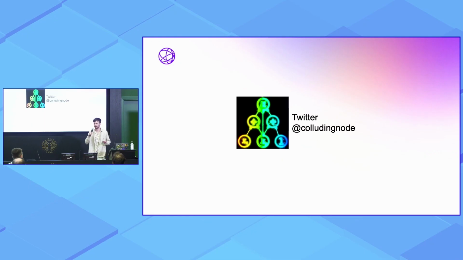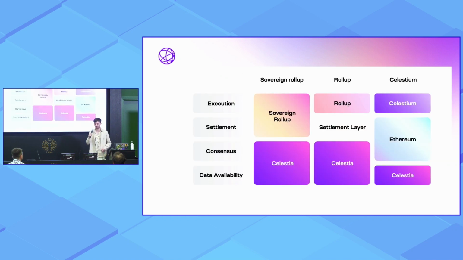My name is Connor, and I'm an engineer, and I work for Celestia. Celestia is a layer 1 blockchain, which is minimal and modular, and it can be used in a variety of